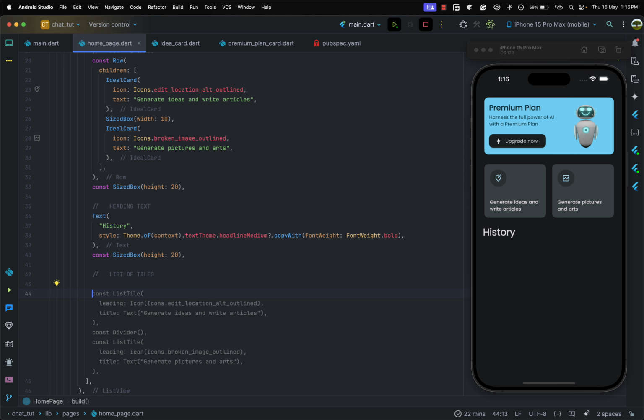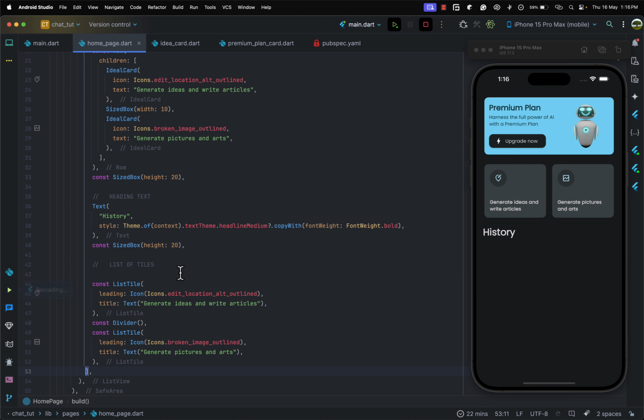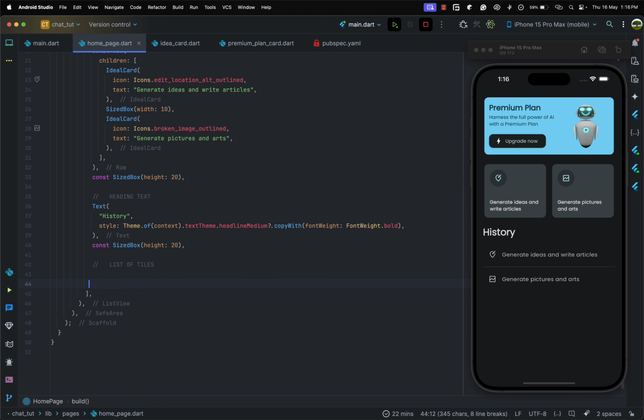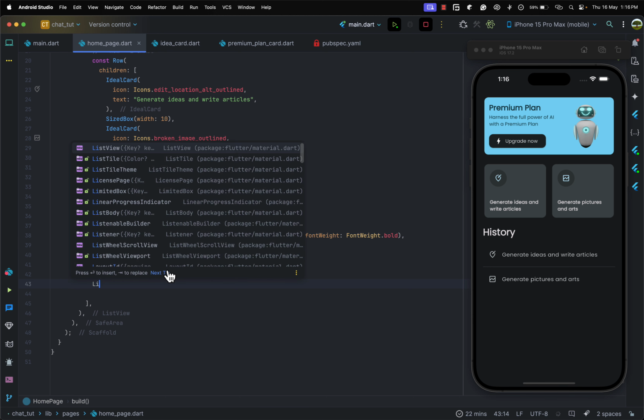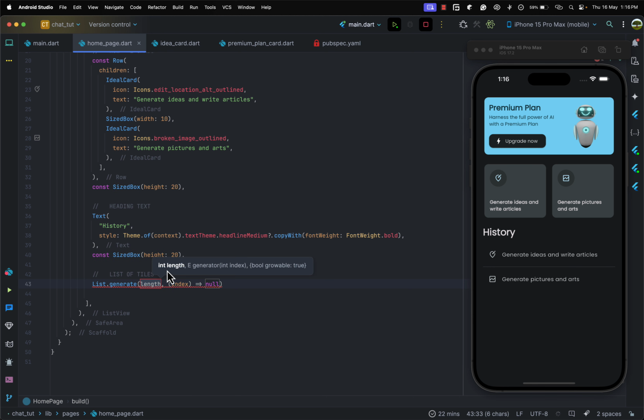So in order to generate this list of tiles, I can just manually come with let's say list tile. No, I don't want that. Let's imagine you have some array of data, right? A list of some data, you want to loop and then spread them within this list view. Don't put another list view builder within this list view. You can easily do it this way. So what I'm going to do is use List.generate and pass the length of the data I want. So I want like 6 of these, and then in this callback I can just return a list tile